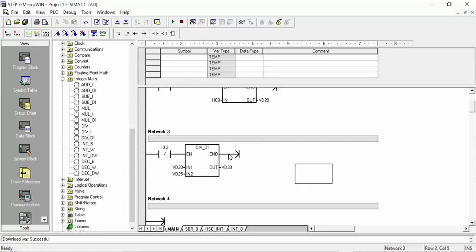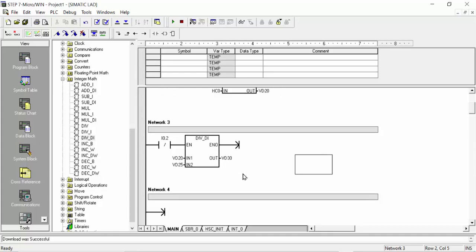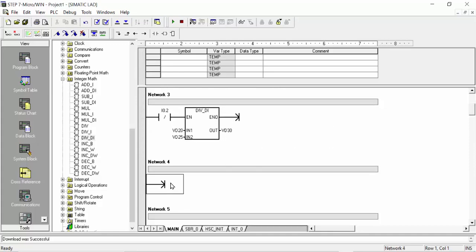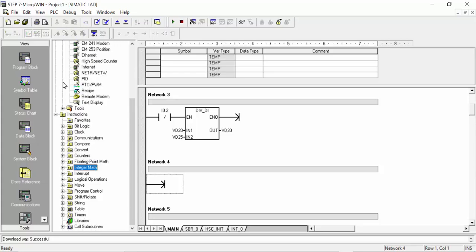Now our value will be this VD20 here, divided by this 4. After, the answer will be reached at VD30. So VD30, what will we do? We will take it here. For example, not yet a close contact, we will take it directly here, the compare section. Go to the compare section,